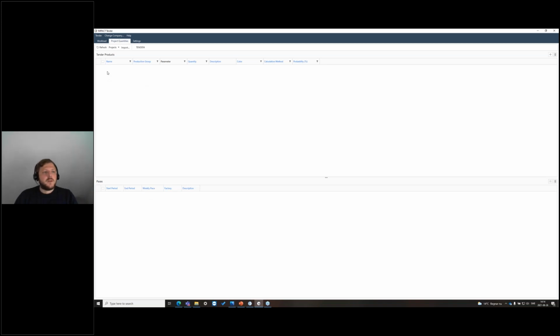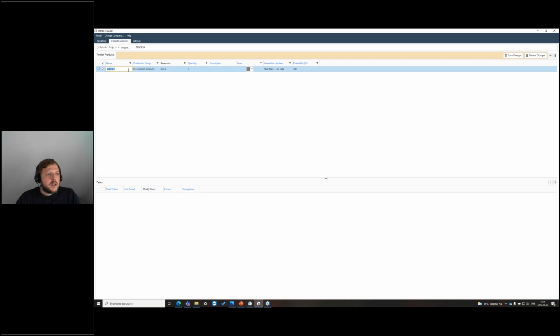So let's start with adding some sandwich walls. I need to tie them to my project group. So I have my sandwich. This one I cannot change because it's from the settings. And let's say I have a small list here, so I use some good values. Perfect. So for the sandwich walls, we're gonna have 500